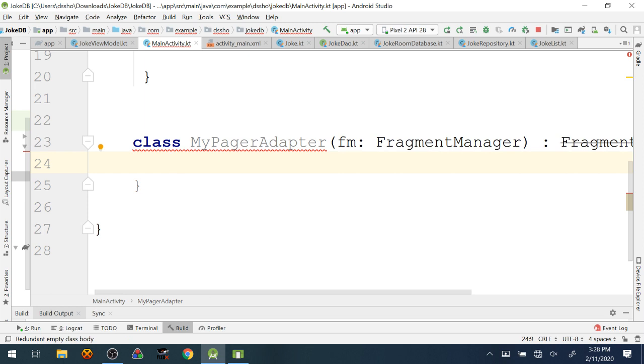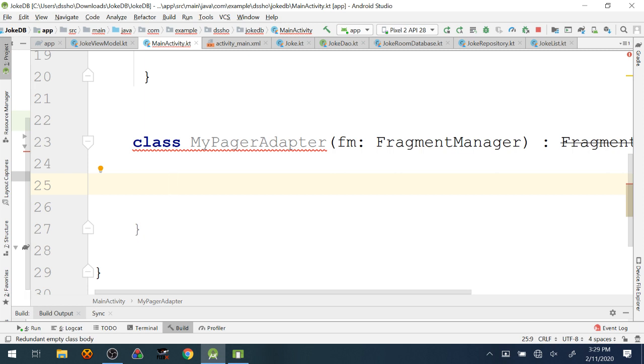Okay, and then we are now obligated to implement 3 functions. We need a function that specifies which fragment is tied to which tab, a function that specifies how many tabs there are, and a function that assigns titles to the tabs as well.